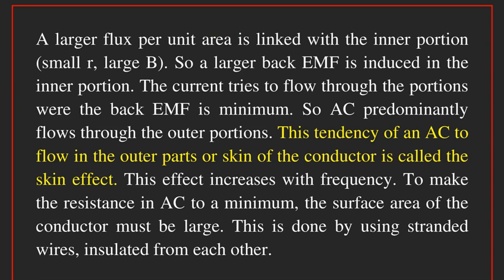So near the central region of the conductor, as the distance r is small, there will be large magnetic field. As field is large, the flux per unit area will be large in the inner portion. So this larger flux density